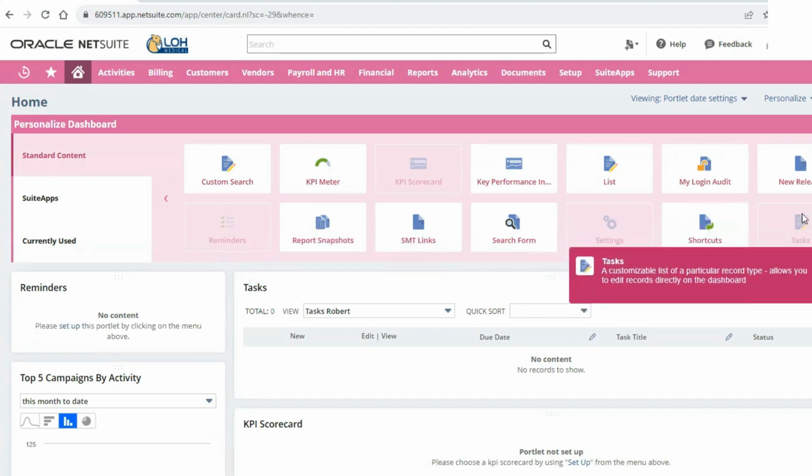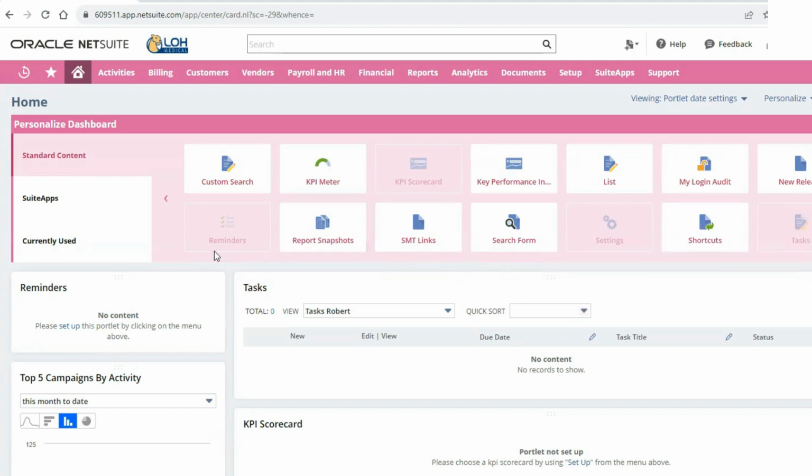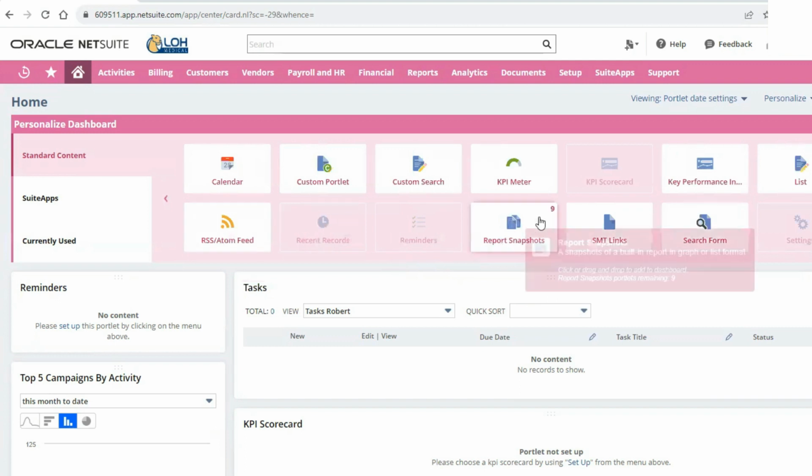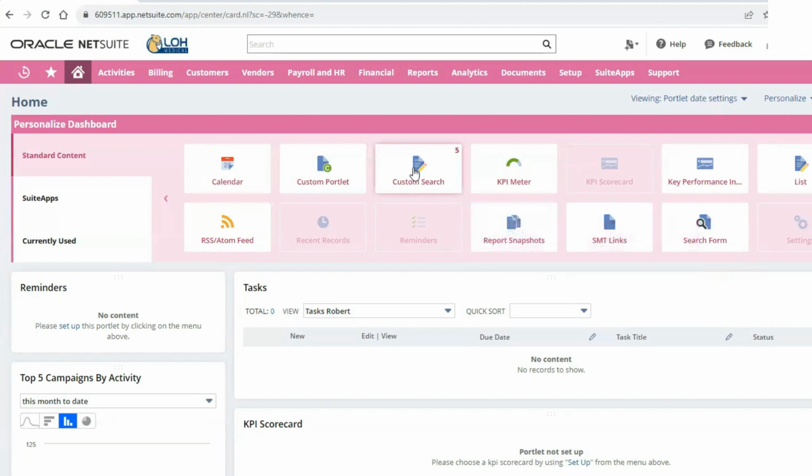So I can only have one task portlet. I can only have one reminders portlet. I can have 9 report snapshots and 5 custom searches. So, you know, you're going to have to decide what's important to you.